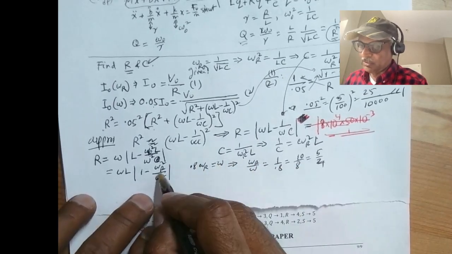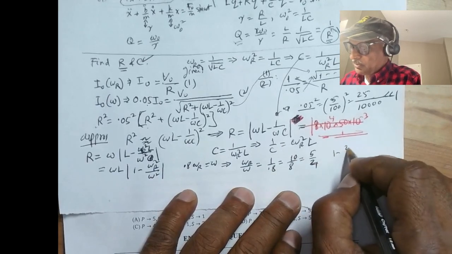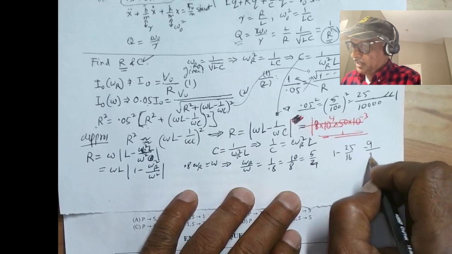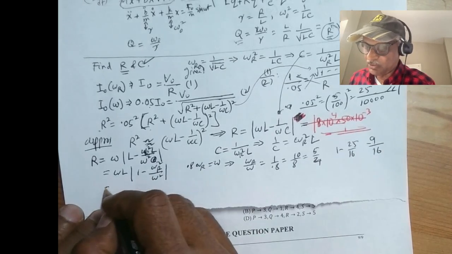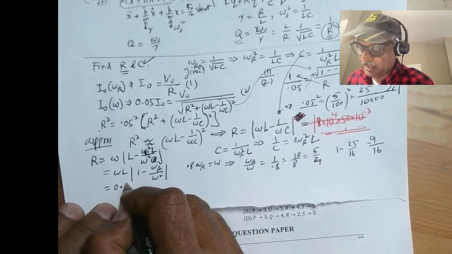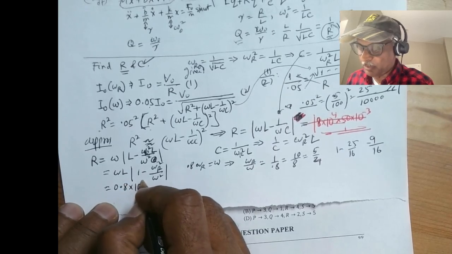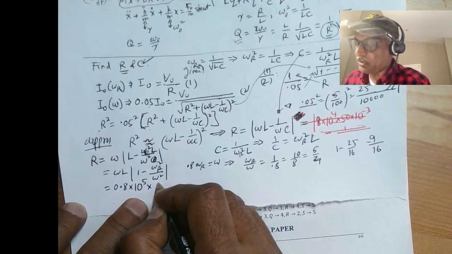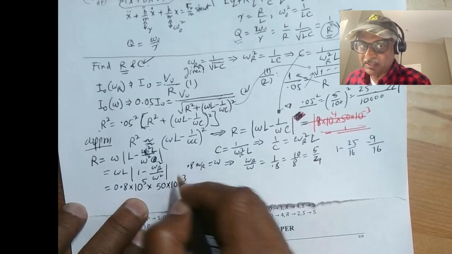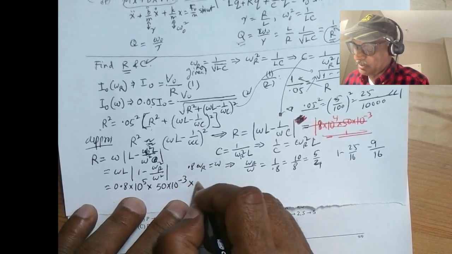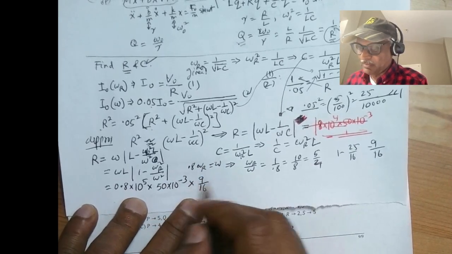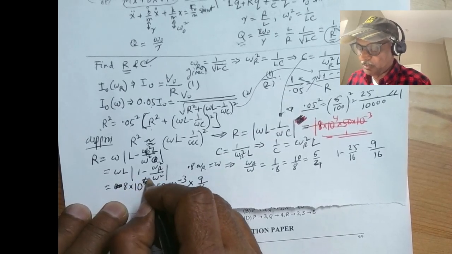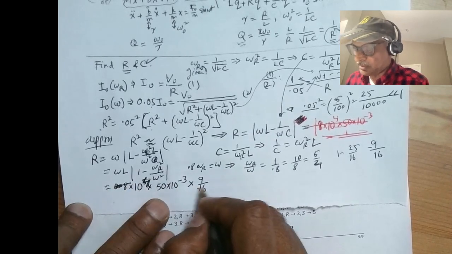And so this is 1 minus 25 over 16, that's minus 9 over 16, and absolute value 9 over 16. So 0.8 times 10 to the power 5, and L is 50 times 10 to the power minus 3, times 9/16, and so this 8 becomes 4, and this 8 cancels out to 2,